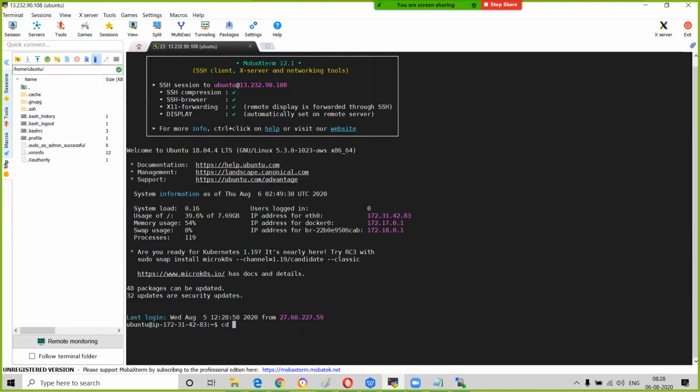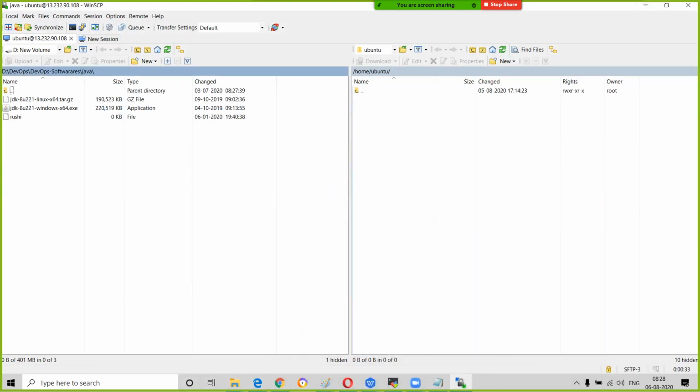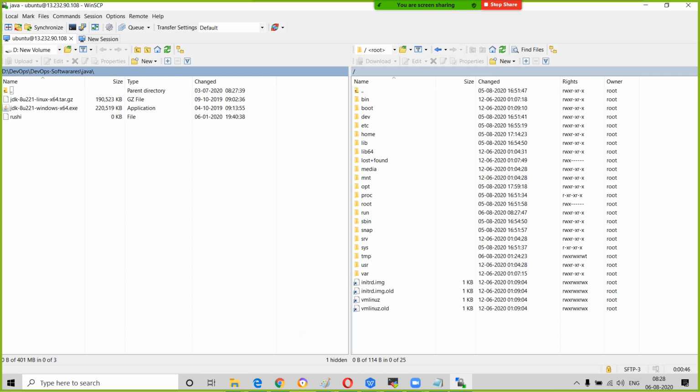If I go to cd forward slash, I have many options here. But why are all these options not showing here? It means you didn't go to that option. If you want to see all the options, guys, go to top and click on root. Perfect, guys.